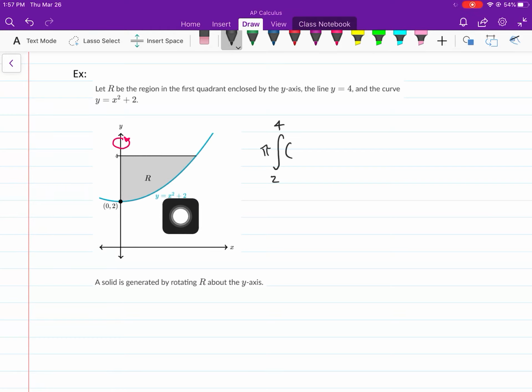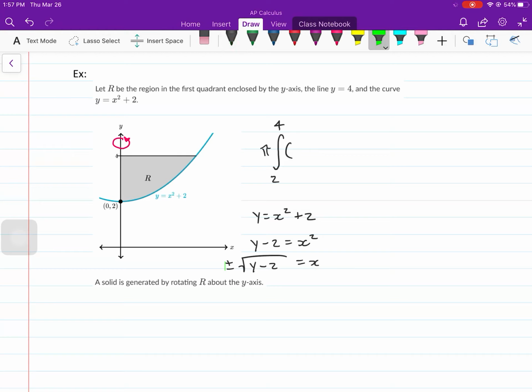And since we're doing it around the y-axis, we want to solve for x, get x by itself. So if y equals x squared plus 2, then we'll have y minus 2 equals x squared. And then square root both sides, so we get plus or minus the square root of y minus 2 equals x. Now remember, the plus is talking about the positive side, the minus is talking about the negative side. We obviously are talking about the positive side in this one. So we're going to be doing the square root of y minus 2